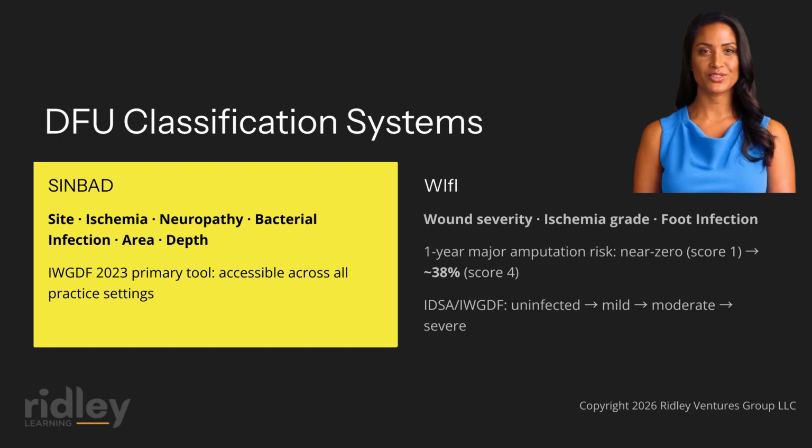Wi-Fi scores of 1, 2, 3, and 4 are associated with one-year major amputation rates of approximately 0%, 8%, 11%, and 38% respectively, giving clinicians a quantitative basis for risk communication and treatment intensity decisions. The Wi-Fi system has been independently validated across multiple cohorts, confirming its capacity to predict wound healing outcomes in diabetic